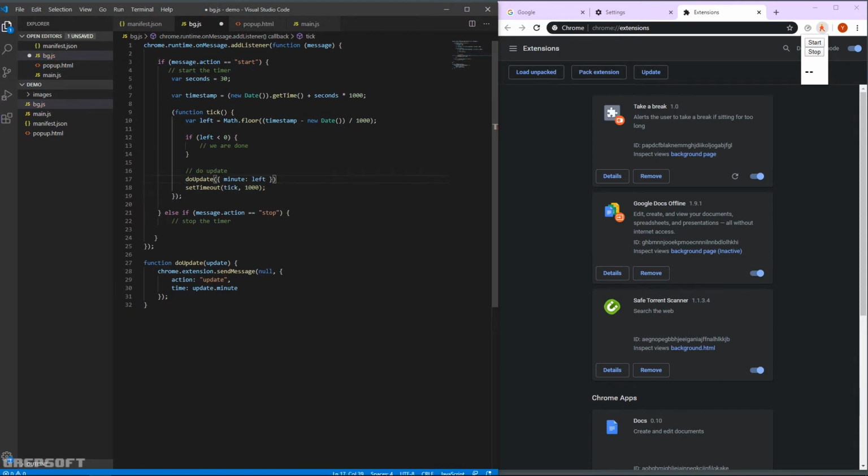Okay, I need to clean this up. Alright, so basically every whatever seconds are left, it's going to call that function, which is going to send a message back into the main script, and it will tell it to actually update the UI or do whatever it has to do. So now back into the main script, what we need to do is create